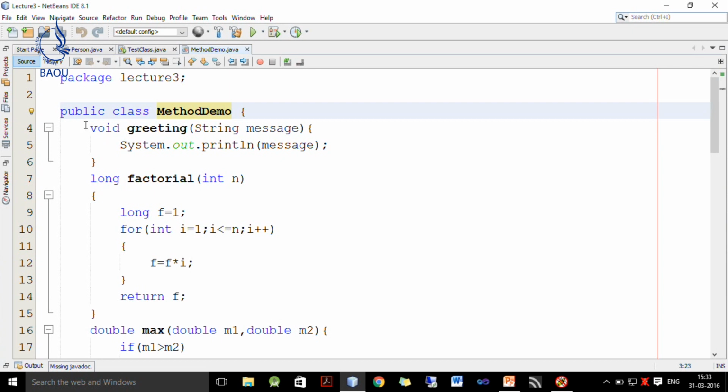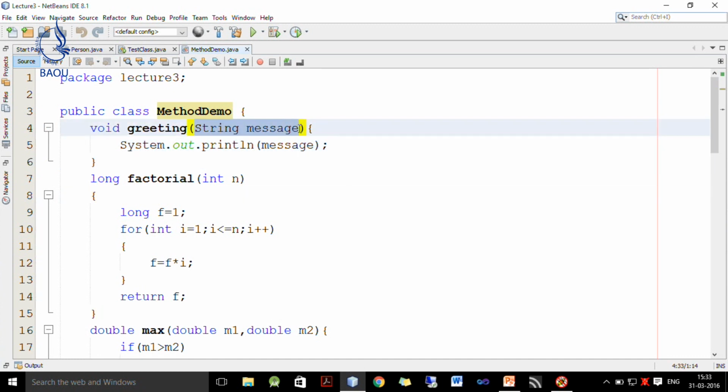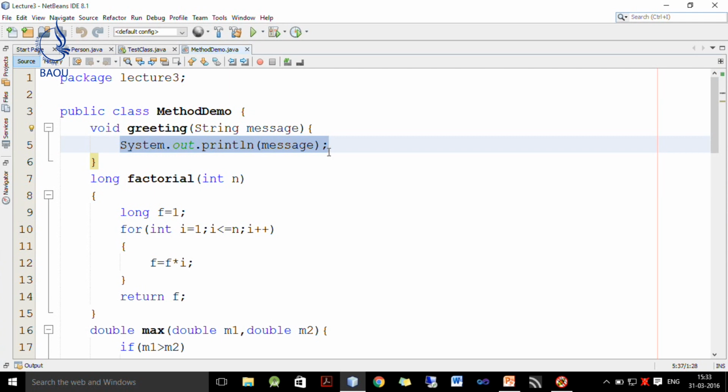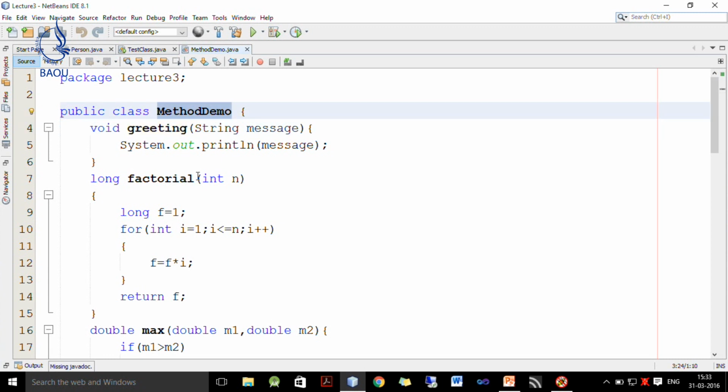Inside the method demo, first I define this method, which takes a string argument or parameter message and returns nothing. Inside this greeting method, I just display the message passed by the user for display purpose. So, it need not return anything. I simply write System.out.println and whatever message we want to display. So, whenever I call this greeting method using the method demo object, I need to pass one string argument and it